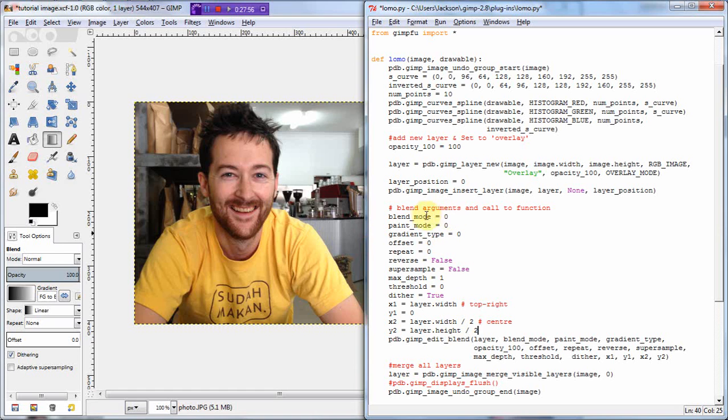So blend mode was 0 because blend mode 0 was the first option. The paint mode was 0 because that's the normal. Gradient type was linear. The offset was 0. Repeat was 0. The reverse was false. The super sample was false. Dither was true. Threshold 0. So all of that stuff. The only thing that's a little bit different to what you might usually expect